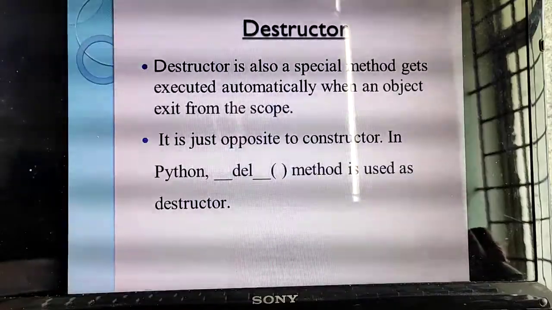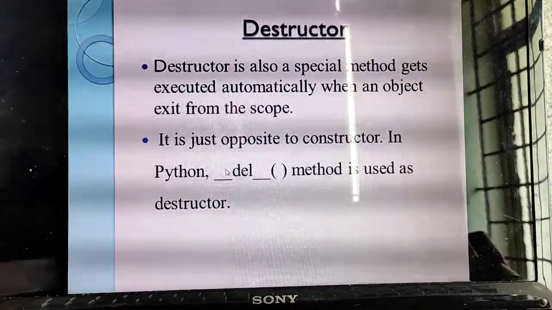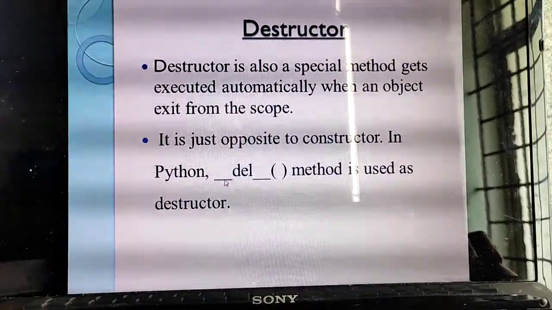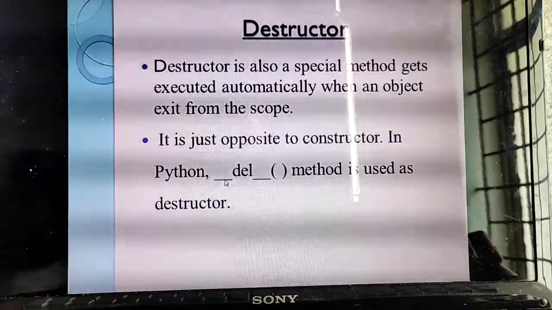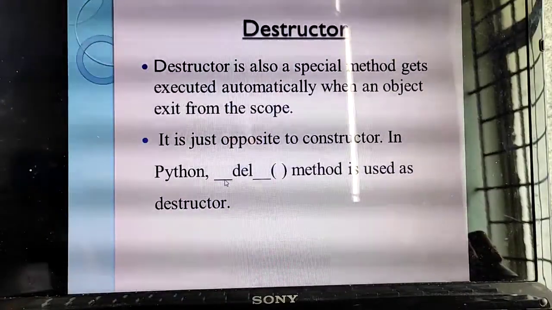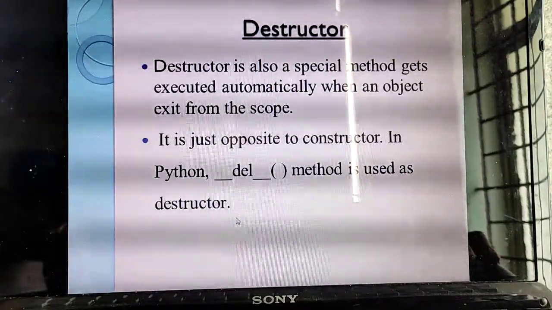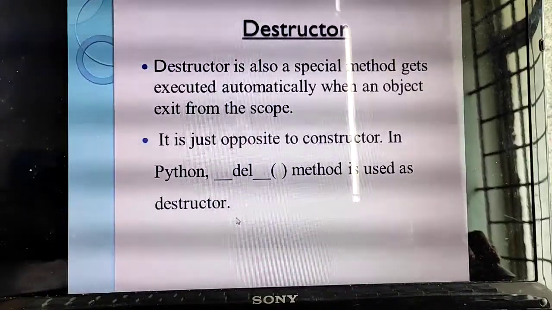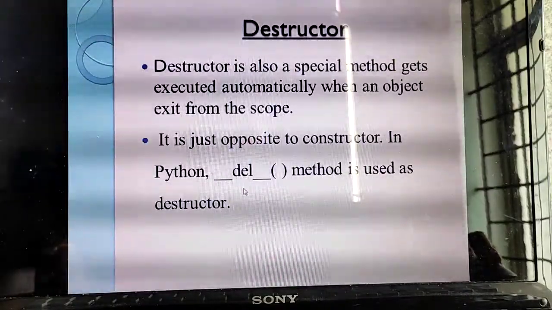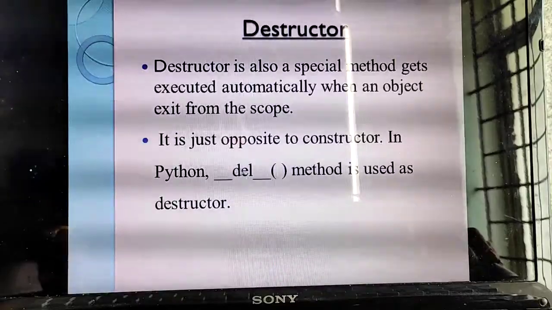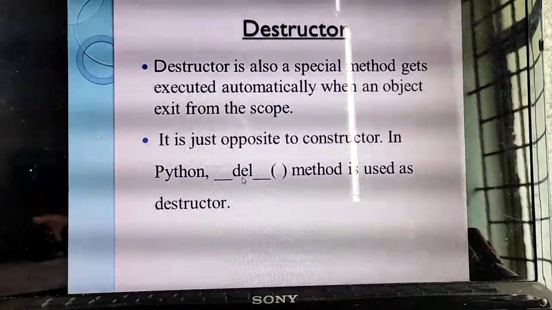Likewise, for destructor you are using one special function called del. This is an important question: which method is used for constructor? Underscore init. Which method is used as a destructor? Del. So in a program, if you find the method del, you should know that it is a destructor.